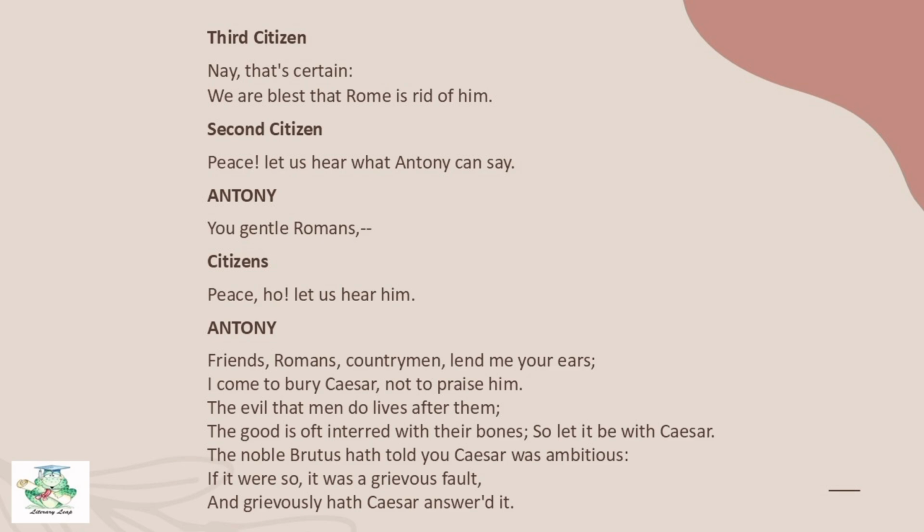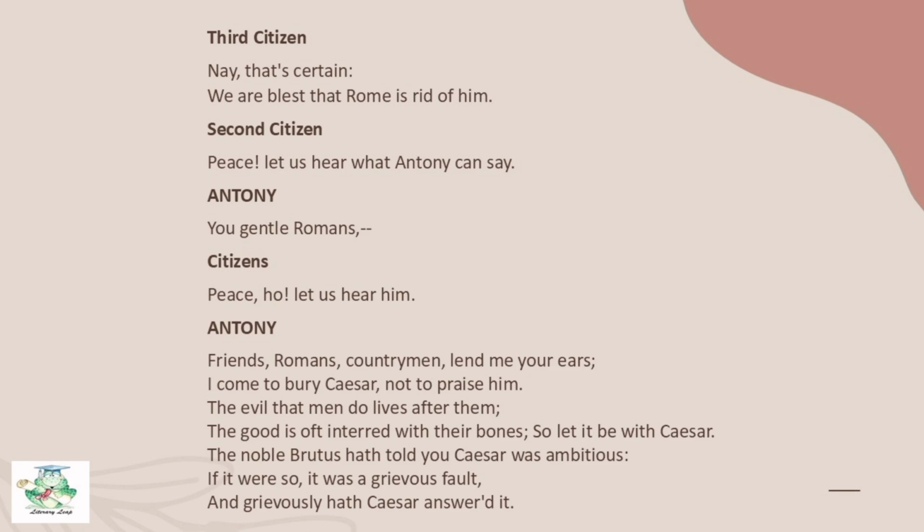The second citizen calls for quiet and attention, wanting to hear Antony's speech and not engage in more conversation before hearing what he has to say. So Antony begins addressing the crowd by calling them gentle Romans, a term that is both respectful and flattering, aiming to win their favor. The citizens once again call for silence so they can hear Antony's speech clearly, showing their